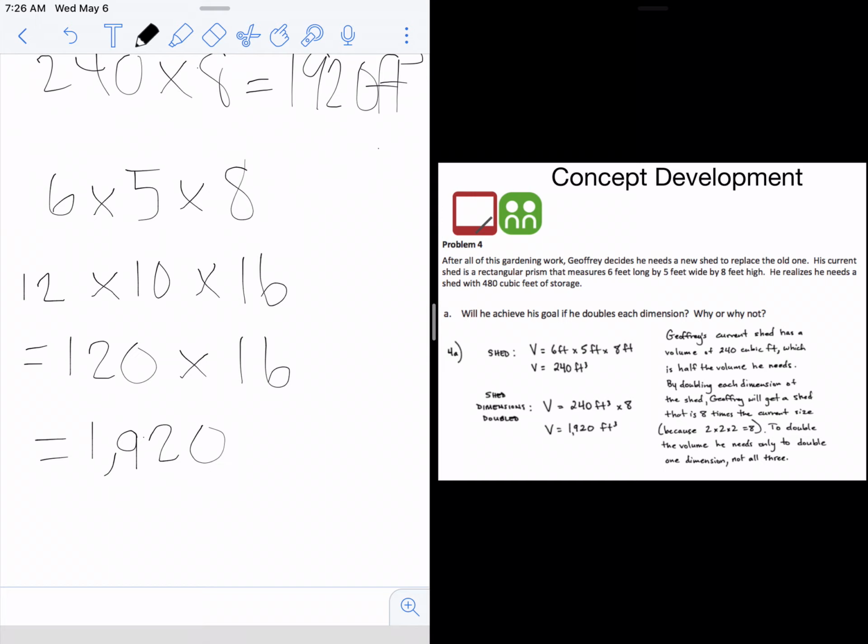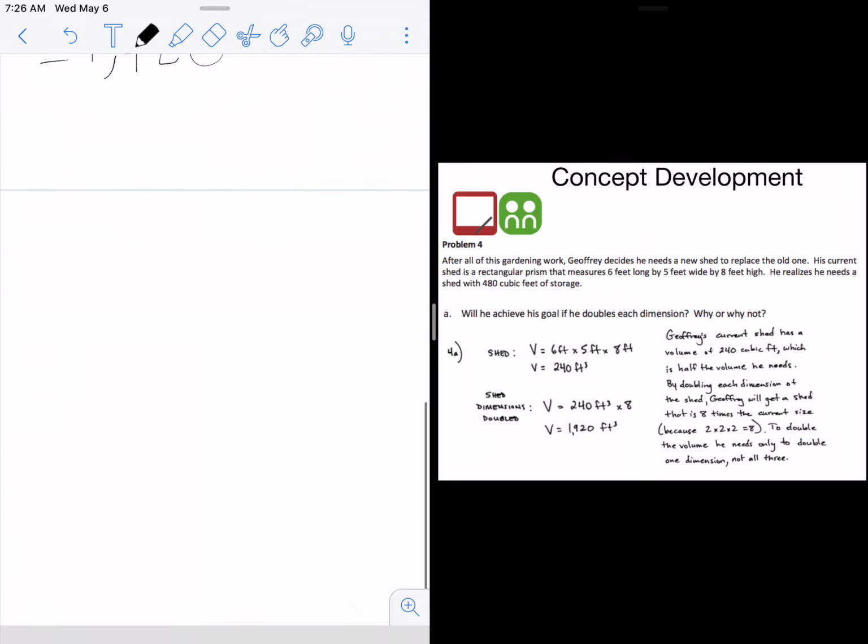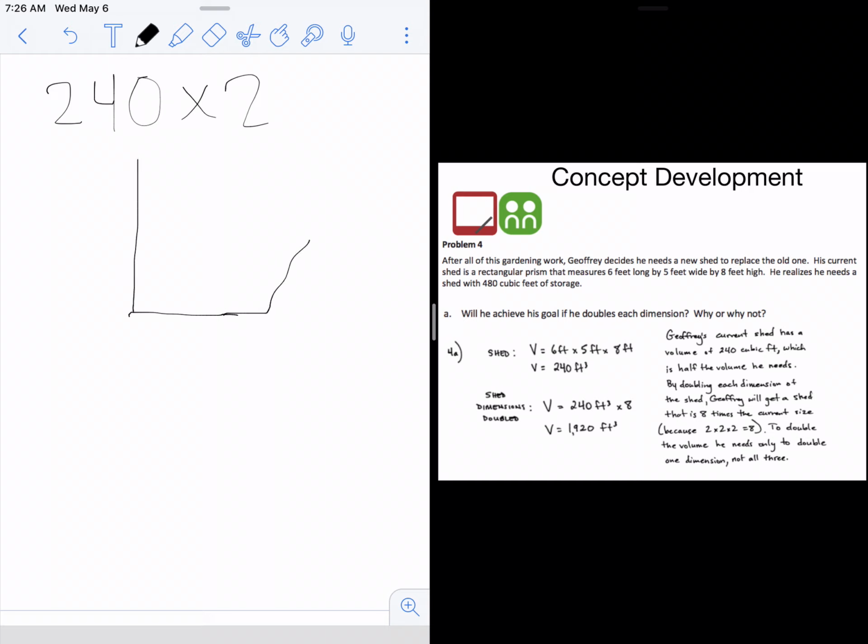Okay, so to double the volume, to do what he really wanted to do, he really just wanted 480 cubic feet. He wanted to double 240. So to double the volume, he only needs to double one dimension. He does not need to double all 3 dimensions. So if he had a volume like we did, which was 6 times 5 times 8,